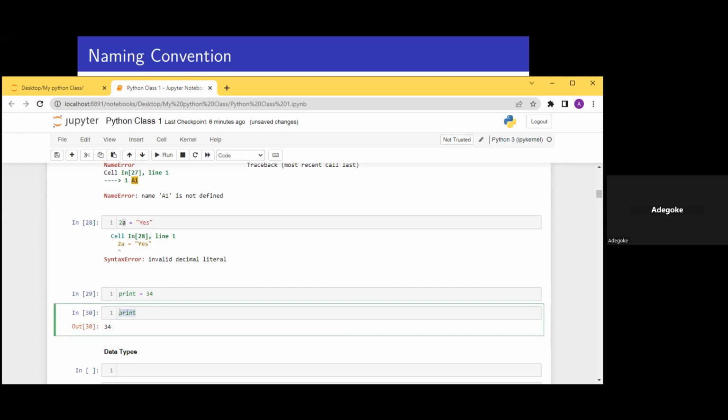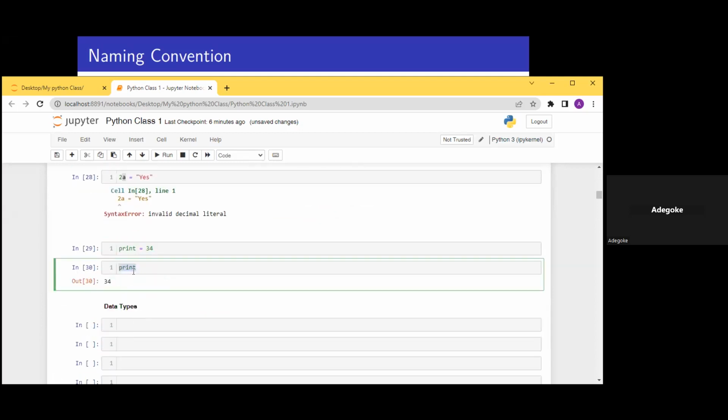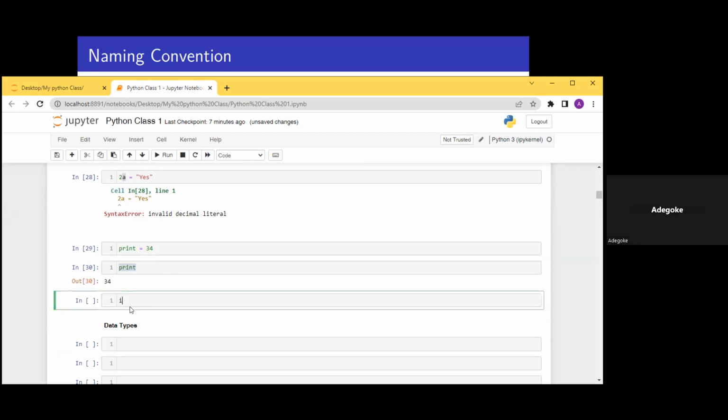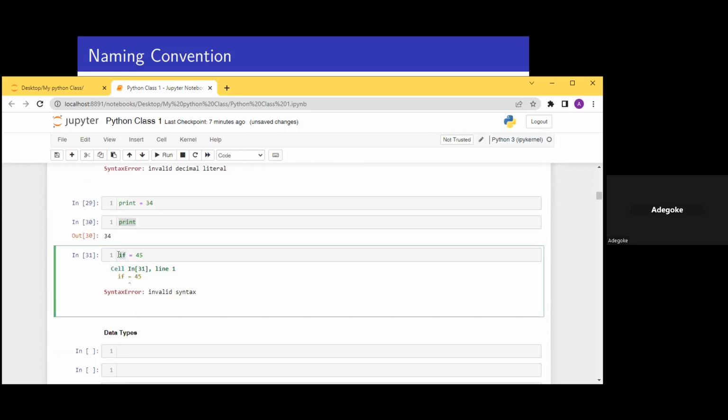But this is not the proper way because in Python, print symbolizes something. So we shouldn't be using a reserved word in Python. So if we use, for example, if is equals to 45, now let's look at that. It flags error because if statement is a reserved word in Python. So let's move on to the other